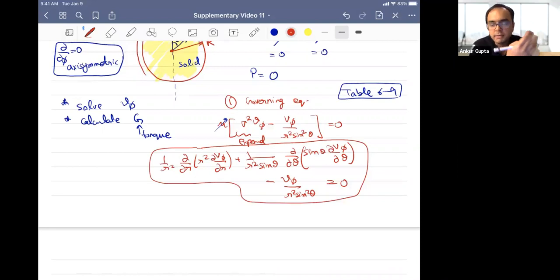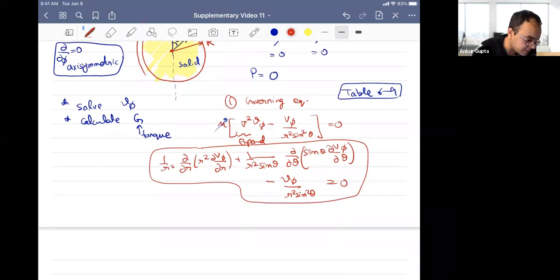But don't get scared. When I was a grad student, I often used to get scared of these equations, and often would not attempt similar problems. But simply look at the table. You don't have to memorize any of these things. You just look at the table and rule out the terms that are not important.